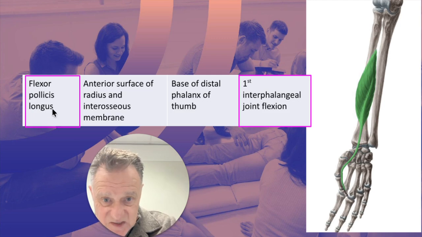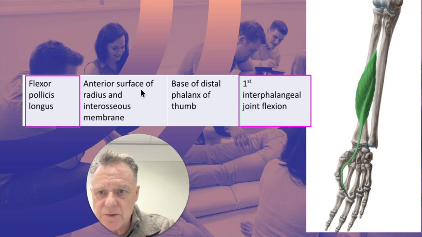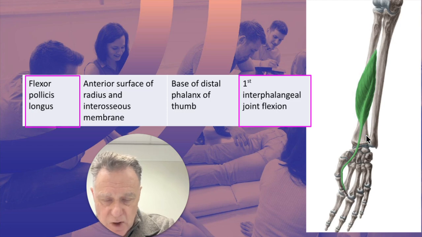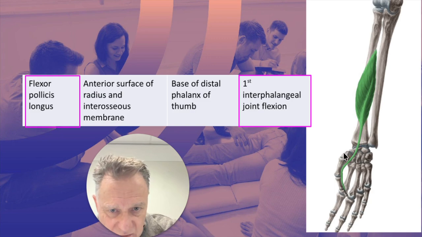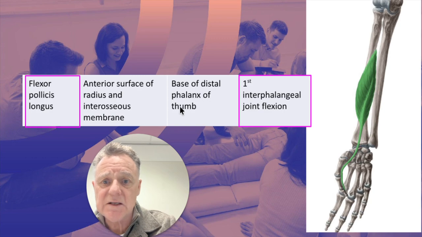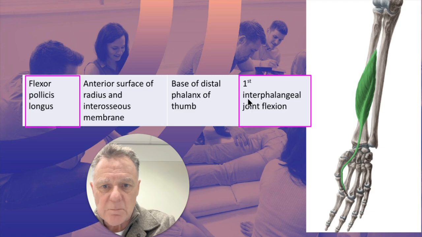Flexor pollicis longus is as it sounds. Pollicis means the thumb. It's from the anterior 2/3 of the radius and the interosseous membrane. So there's a membrane that typically unites both the radius and the ulna, and it attaches into that, and then to the base of the distal phalanx of the thumb, because it's got the thumb crossing, it makes it hard to see, and it obviously flexes the first interphalangeal joint,